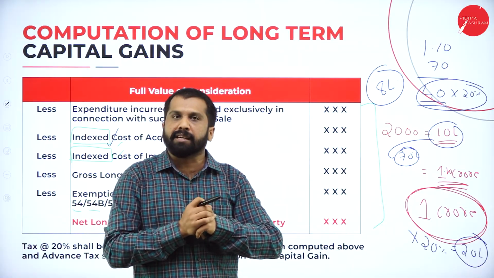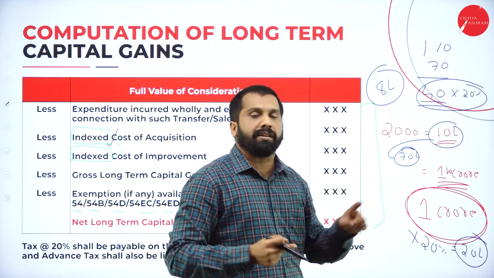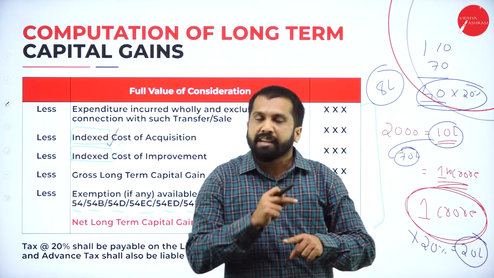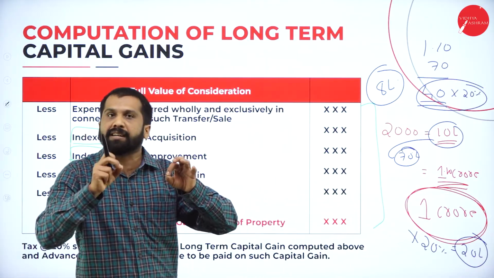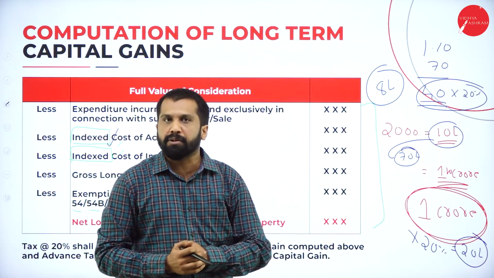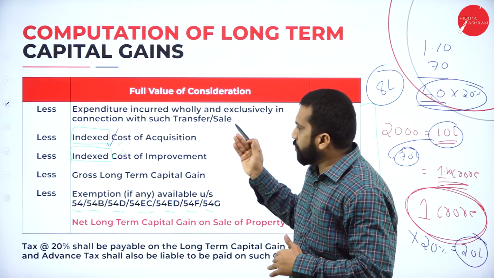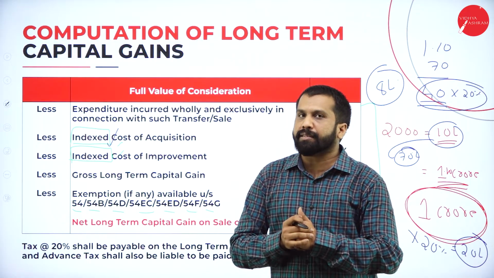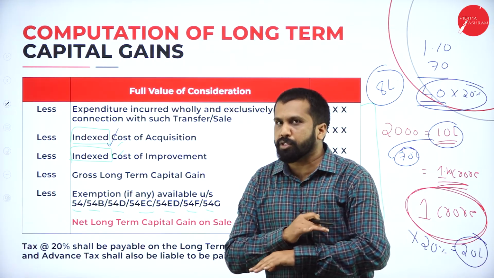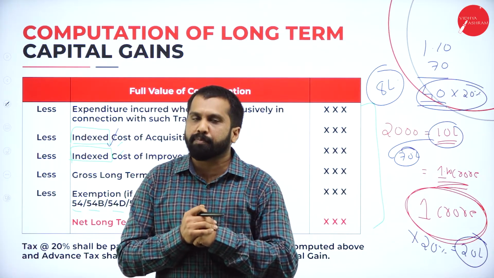There are certain numbers. If it is 2020, you should use this number. 2021, you should use this. 2022, year-wise, you have the indexation. Year-wise, the money value chart is given. If you apply that, it will convert. Hope you are clear. Good. This is all about indexation. I hope that you have learned many concepts in capital gain, so that in the next session we'll go directly with the problems. Almost we are done with your theory part, and the next session is all about problems.